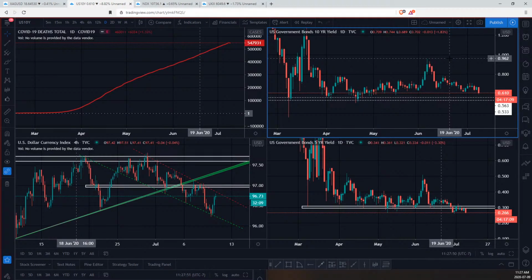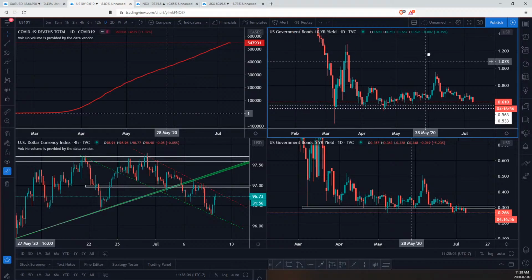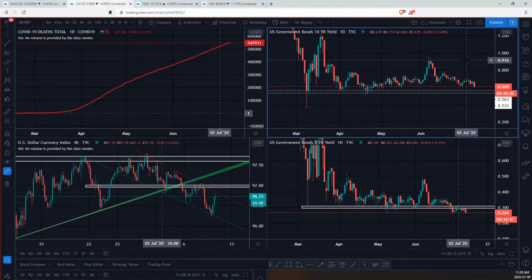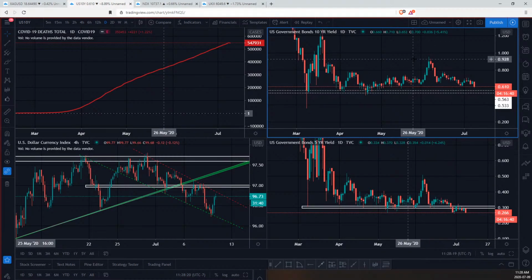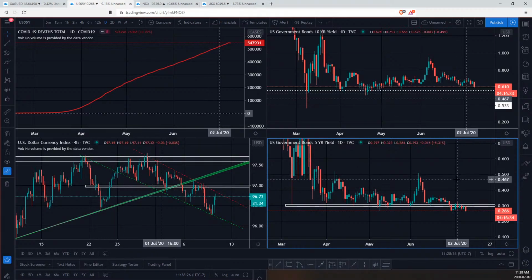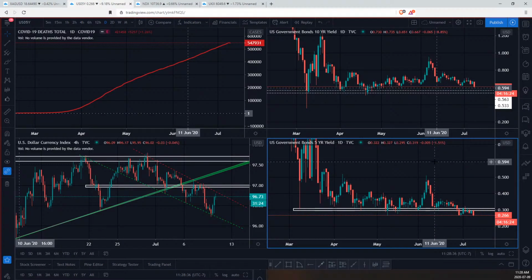So when bond yields are dropping, it means that global investors are coming into the bond market, which is dropping the yields. We saw right here, when the bond yields are dropping, people are going into bonds. And we know that bonds are an extreme risk-off asset. If you see the yield drop, there's less incentive needed in order to attract investors to invest their money in bonds. So that's why when you see yields drop, you know that people are rushing into it. And when you see yields rise, there's more of a need for incentive for investors to put their money in bonds. So right now it's dropping, so it's a little bit of a risk off because people are moving their